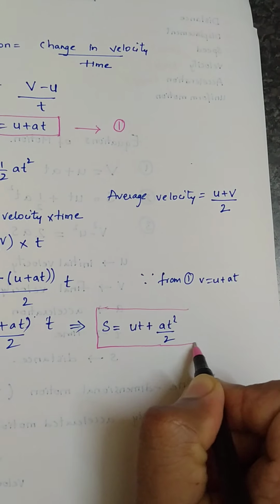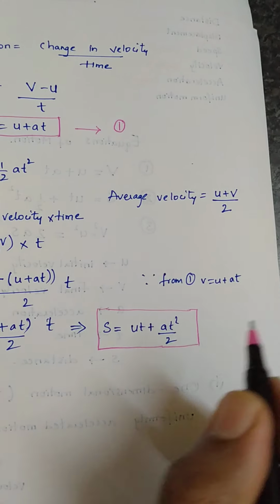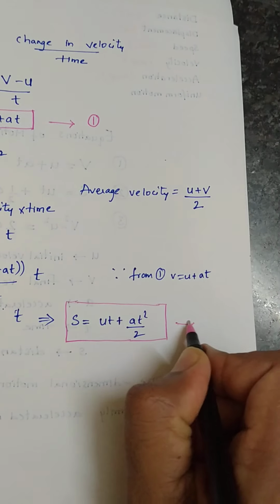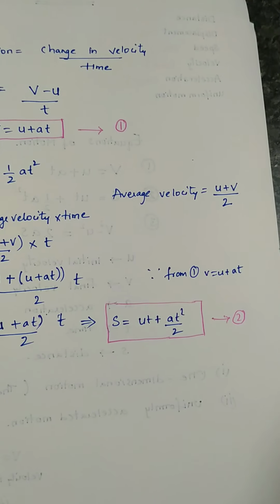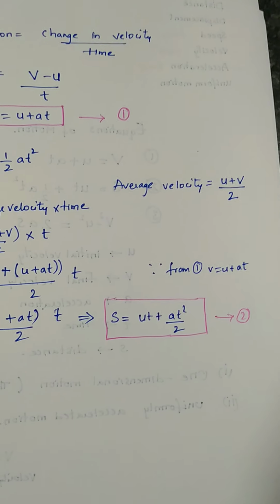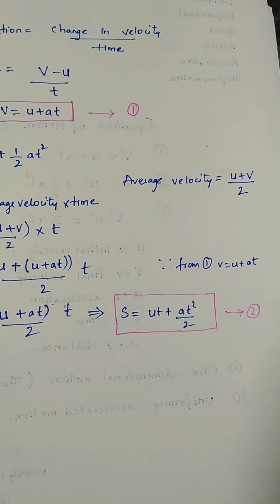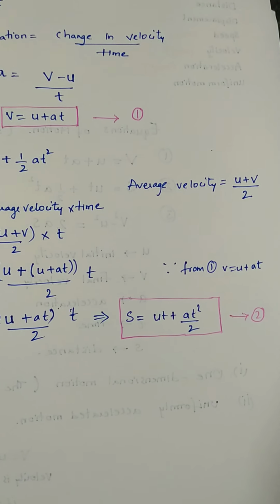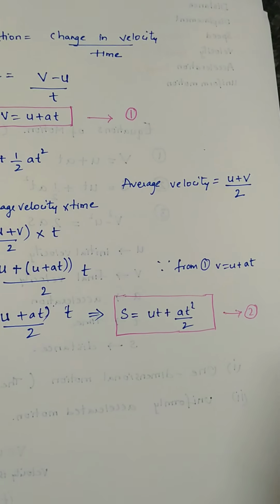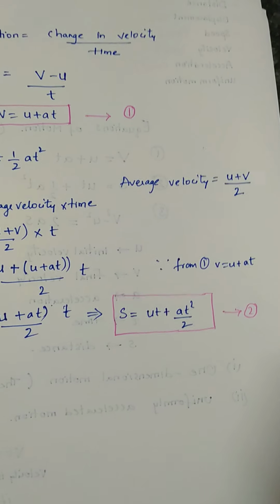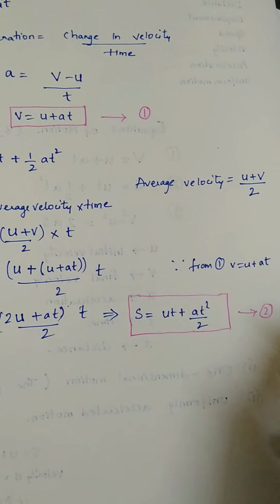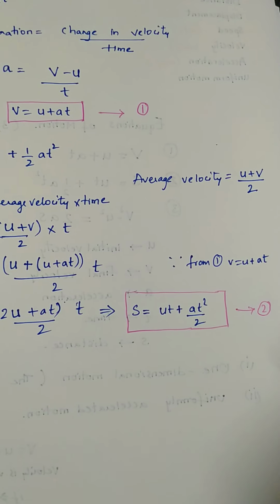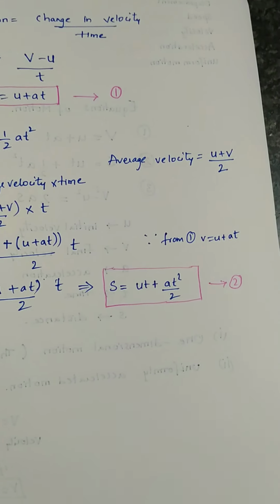Now sometimes you may get confused why I have to replace v or something. Remember one thing, your goal is very clear. You have to find out distance, and the other terms being initial velocity, time and acceleration. So there is no v here, there is no final velocity v. That means you are going to replace v and then automatically you will end up with this equation. I hope I am clear.